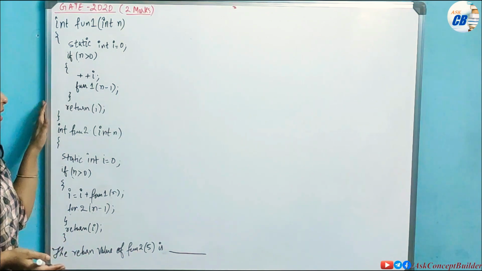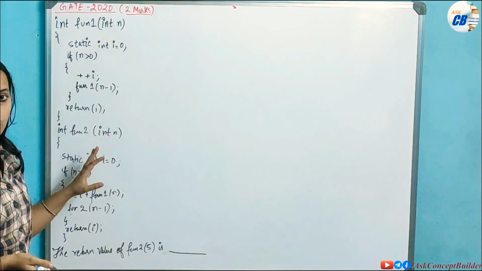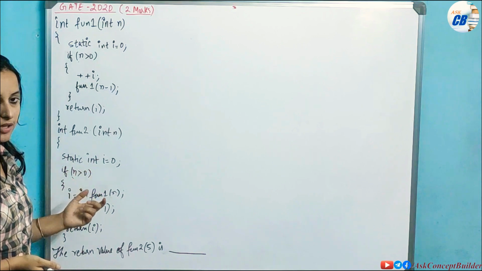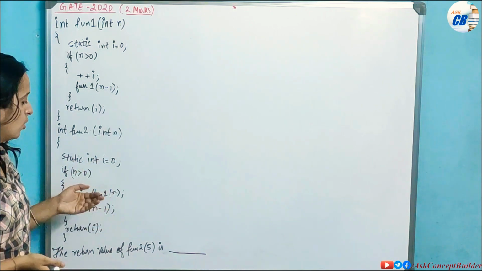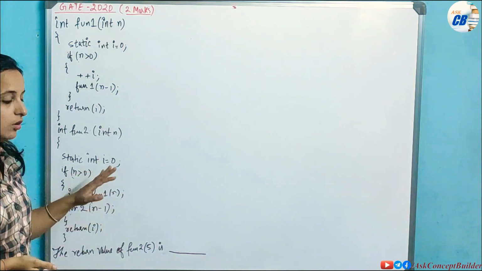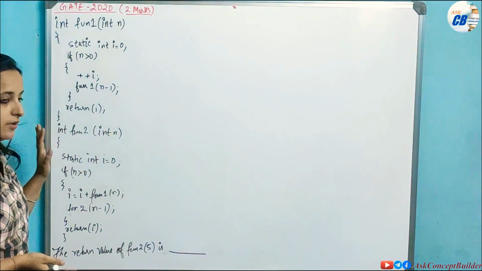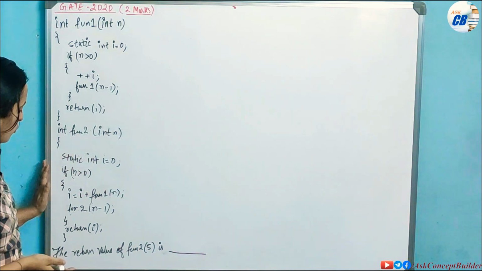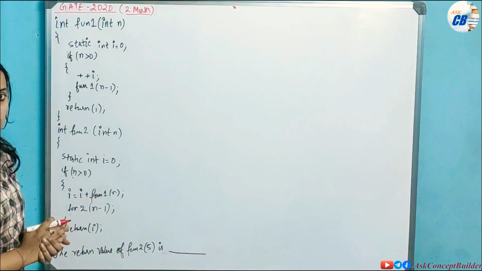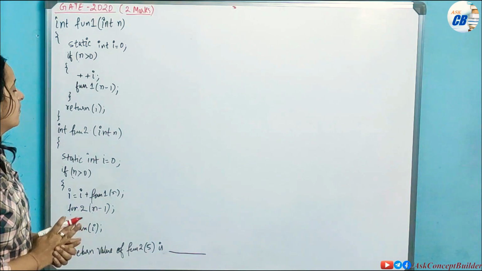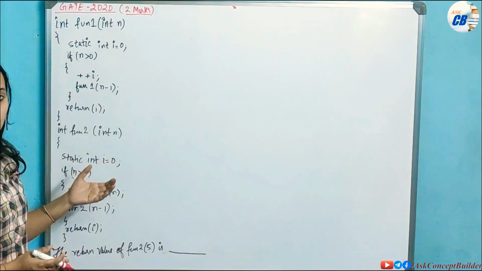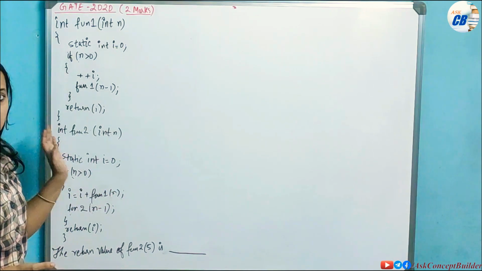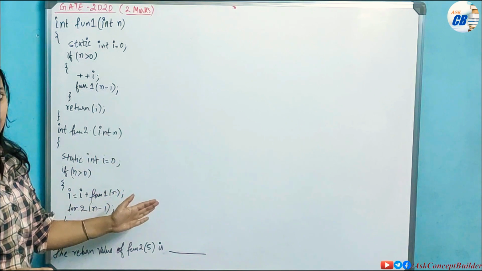GATE 2020. The same things which I have told you, how you have to start your program, from the main function or from a function, and then how your functions will be called recursively, all those steps we have to implement here also in the program. So today I will discuss this question, so that you can have knowledge of at what depth your questions are coming. And that is not very difficult. Same steps you have to follow, and then you will finally get your output.